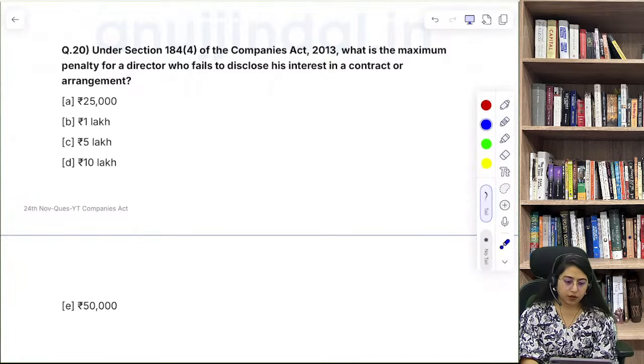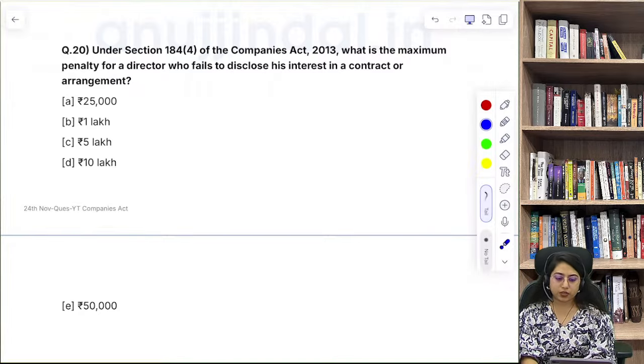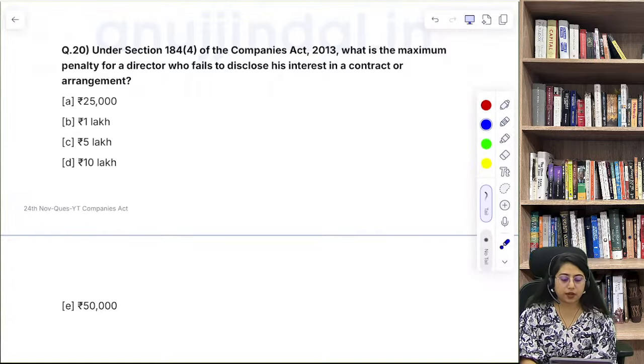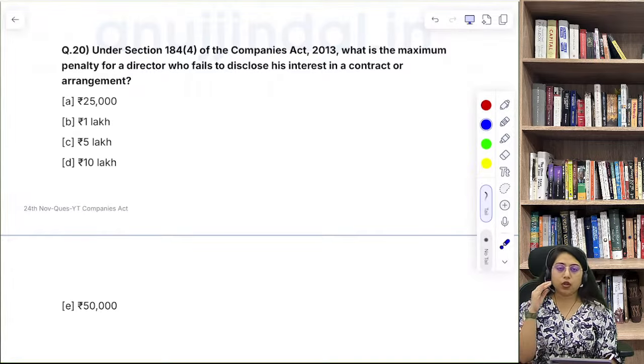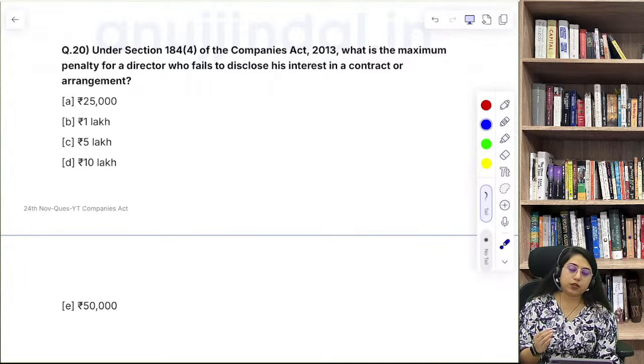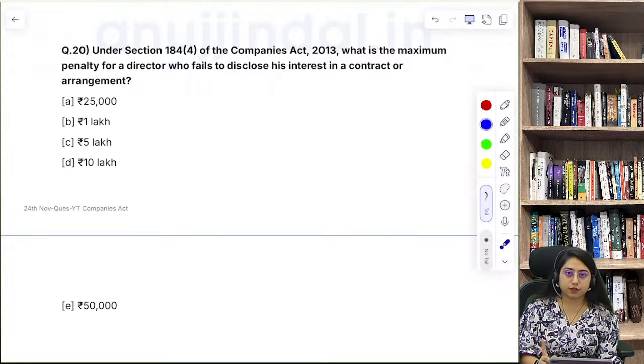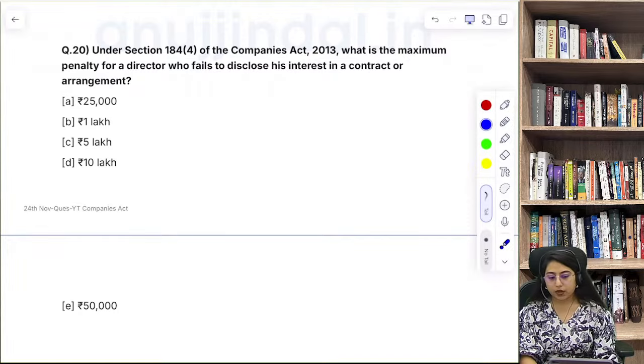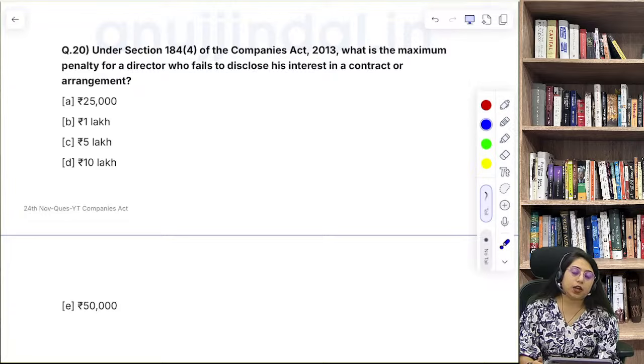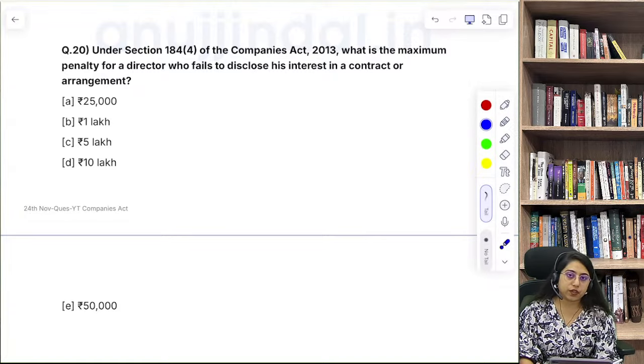The remuneration is fixed in the board meeting, that is an exception for the first auditor, Himanshu, otherwise it is fixed in the annual general meeting only. Okay, you check once, I will also check. Generally it is fixed in the annual general meeting only, and it is an exception for the first auditor. But if you say so, I'll check it again and I'll comment in the comment section with the correct answer. All right. Question number 20.